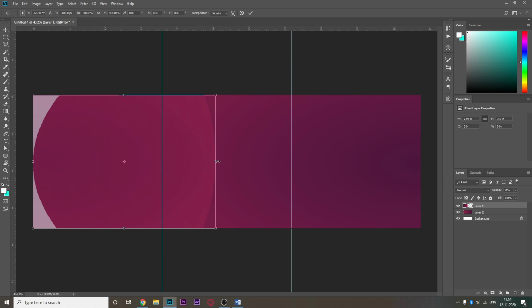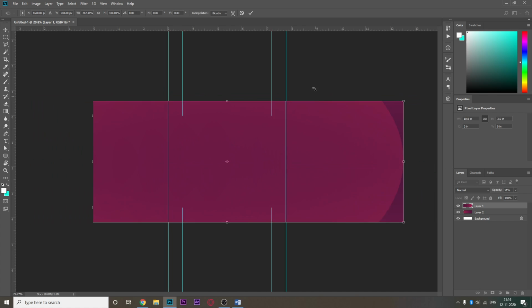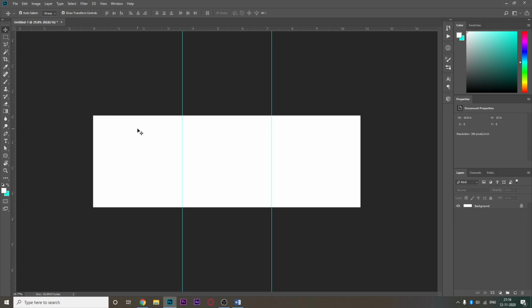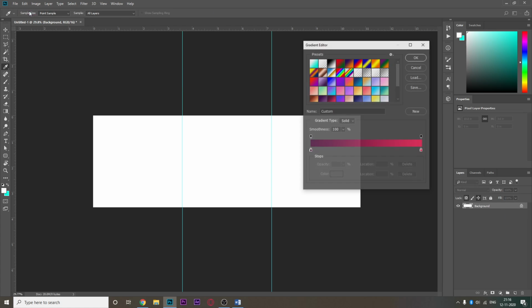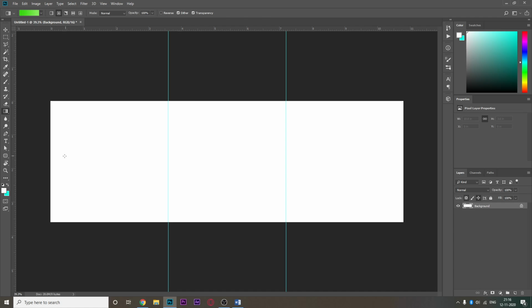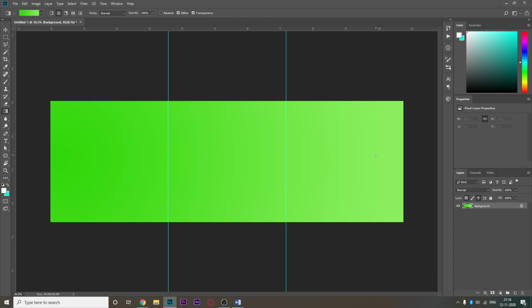Okay, I can keep it here. I can extend it, and perhaps it looks very bad. Anyway, I just came up with an idea, and I was checking it. So if you have the template ready, you just press G. Okay, I haven't selected the layer. Always remember to select the layer. You press G, you select the color tone that you want. Let's say I want to go with a green. I don't like green for a post because it's too bright, but I want to go with a green.